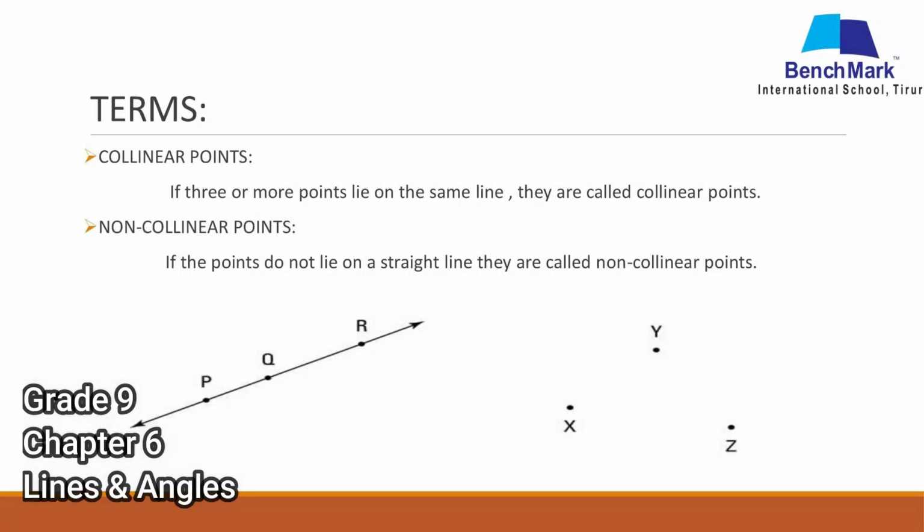When I talk about a line, what comes into your mind, children? Yes, a line is made up of points. The points can be of two types. One is collinear points. What do I mean by collinear points? If the points lie in a line, I call them collinear points. If the points are not in a line, I call them non-collinear points. You may be wondering, what is the use of non-collinear points?